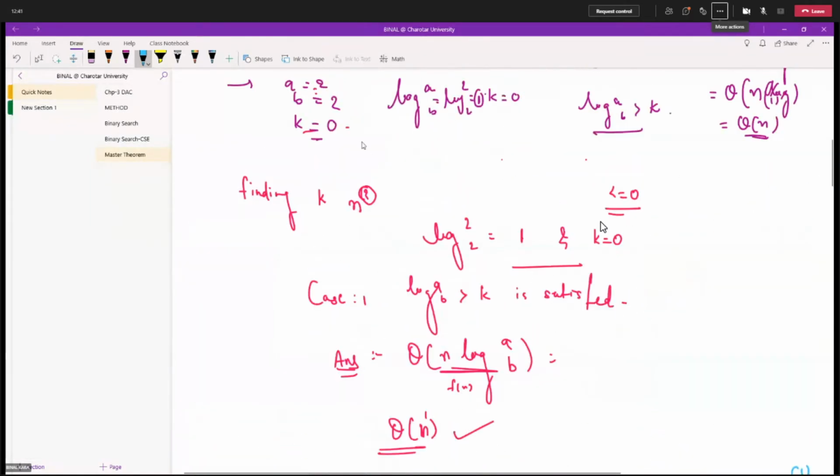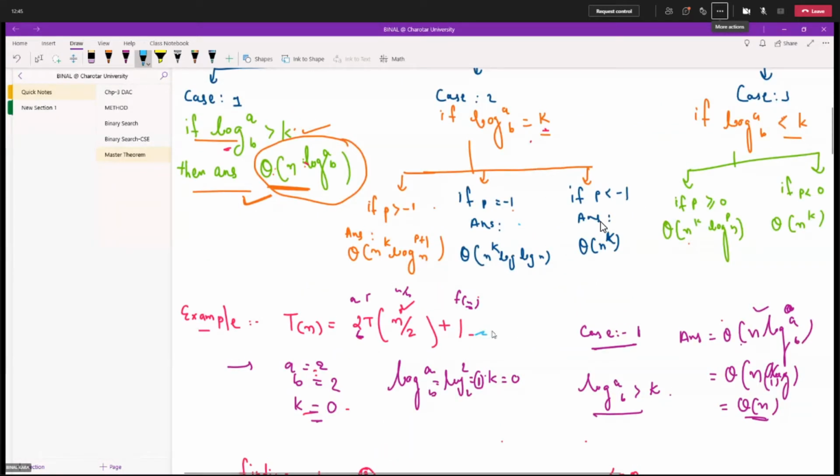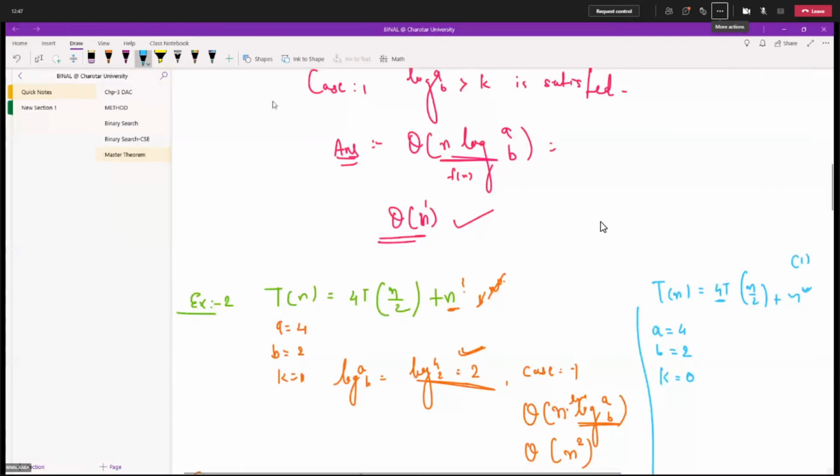In the above case we had 1, so there is no k value over there. Right? Here we have n, so here the k value is not 0. The k value is 1. Understand. In the above case, the function f(n) had 1. So there is no power of n there. Here what do we have? n. Since n is single, we will consider k as 1 for the power of n.